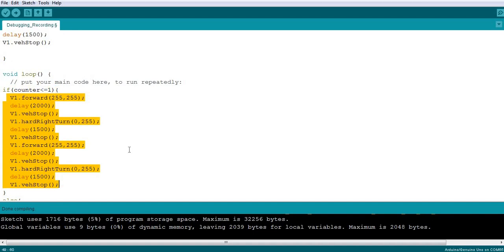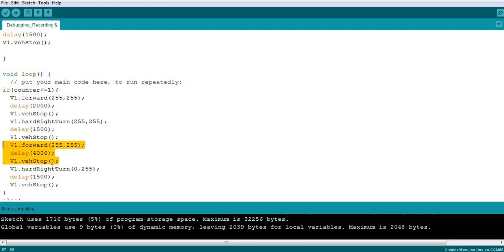Now let's see what it is. We go forward 2 seconds. We turn right. Again, for turning right, we need both the speeds same. Hard turn, same speed. So we turn right. So we have drawn one side of the rectangle. Second side, we are going the same distance. Rectangle we saw, first side is 2 seconds, second side is 4 seconds. So it should be 4 here.